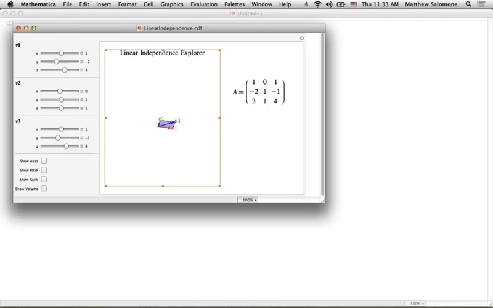So let's take a moment and reach back into our memory banks and compute the determinant of A. What's your preferred method for computing a determinant? I've got a 0 up here. Yeah, let's do a cofactor expansion. Let's choose for our cofactor expansion a row that has a 0 in it. That'll cut down on our work a little bit. So if I do a cofactor expansion for the determinant of A across the first row,